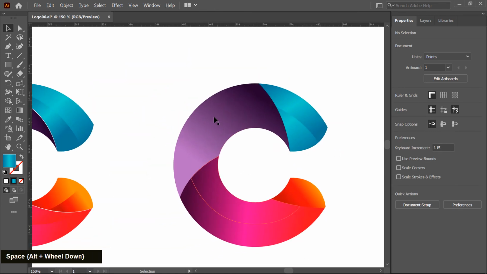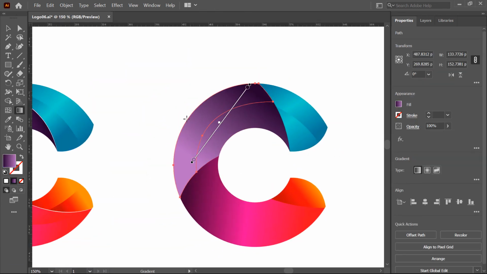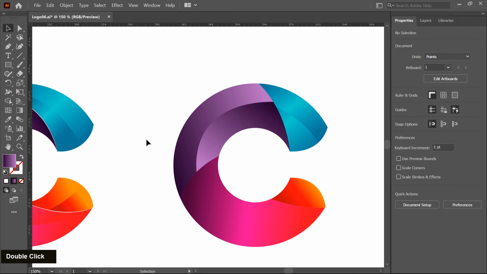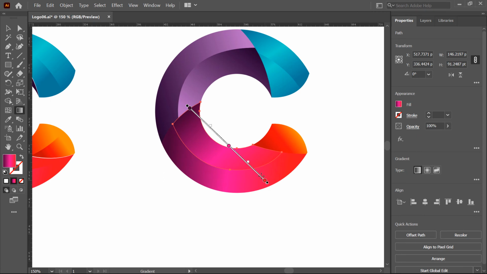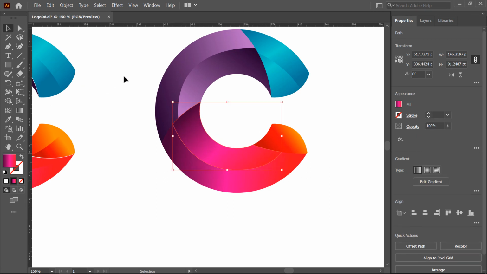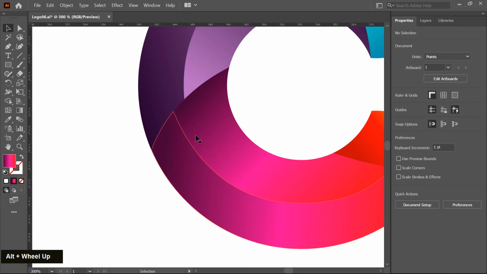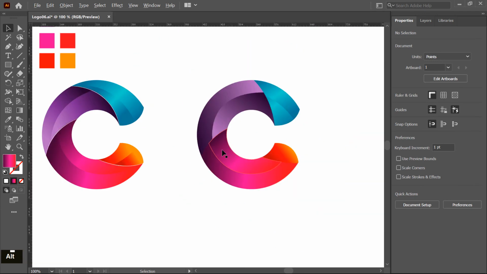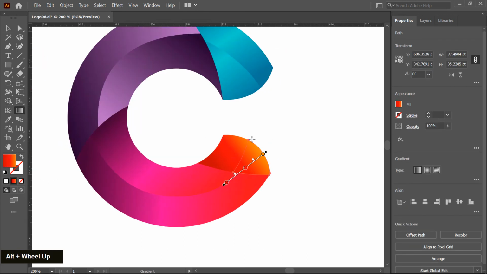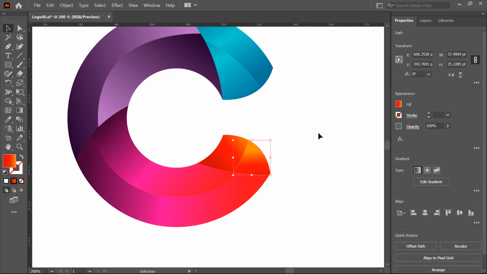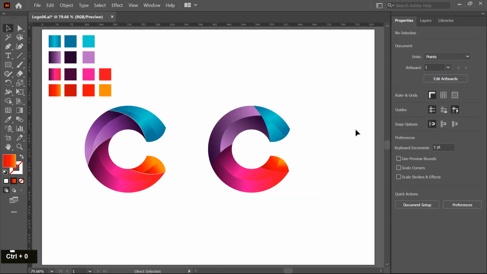Okay, and same as I change the gradient direction for this shape like this. Okay, so our logo is created now.